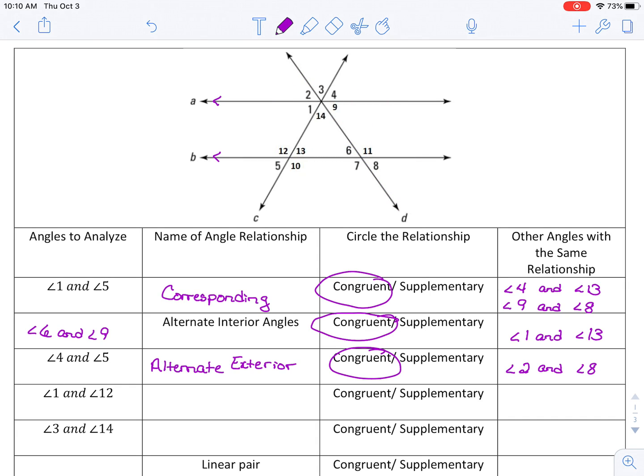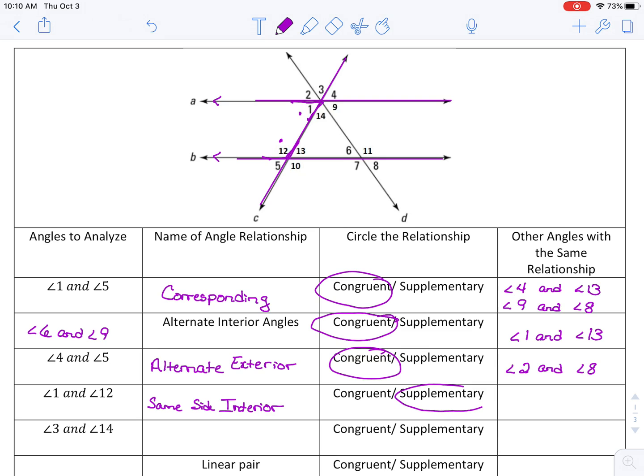Next is 1 and 12. So if I go find it, angle 1 is here using line A and using line C. Angle 12 is here, which uses C again, but it also uses B. So I've determined that D is useless again. 1 and 12 are on the same side of the transversal. They're not adjacent. And when I'm paying attention to it, they're both interior. These are same side interior angles,